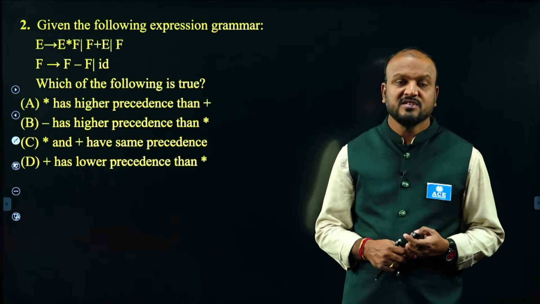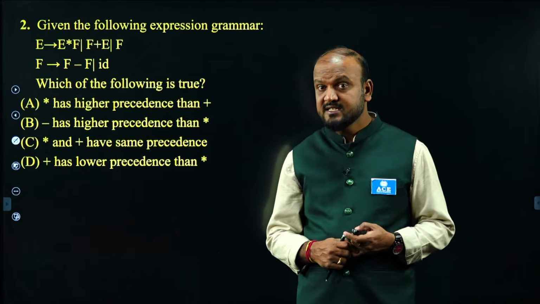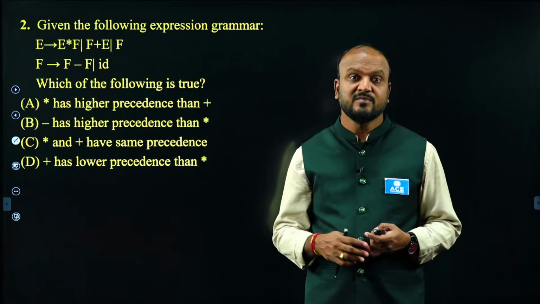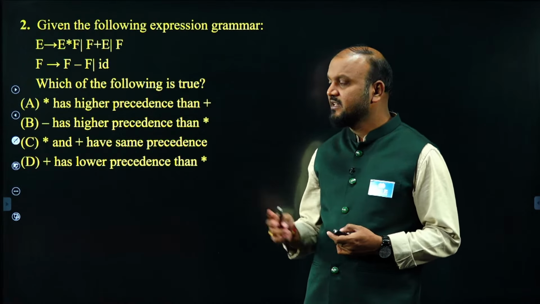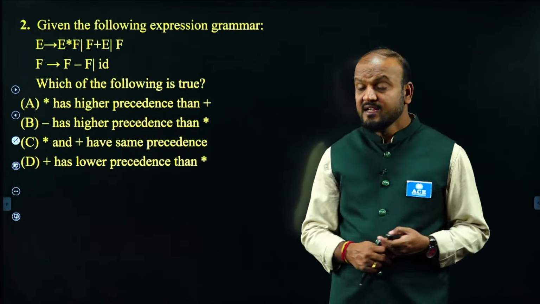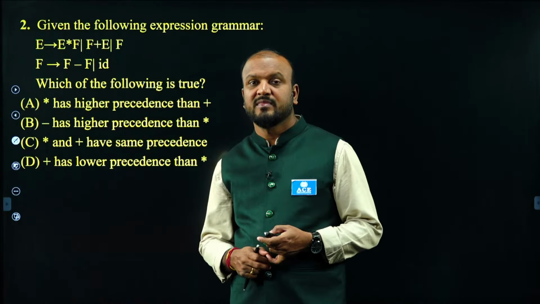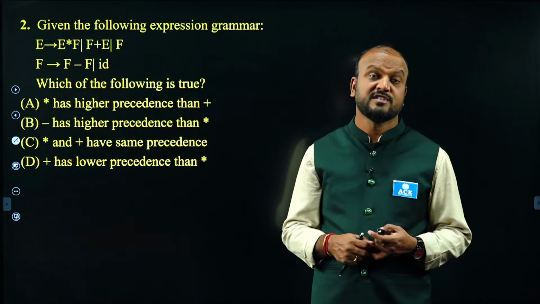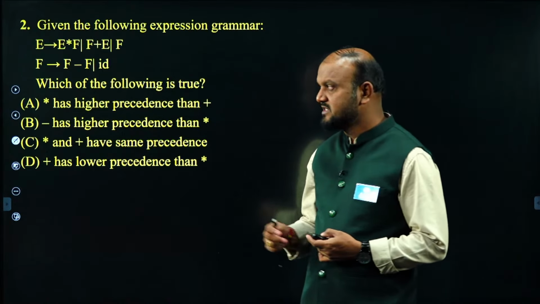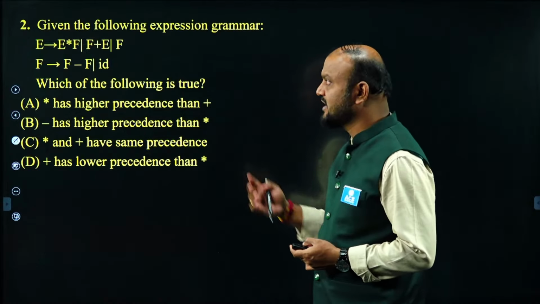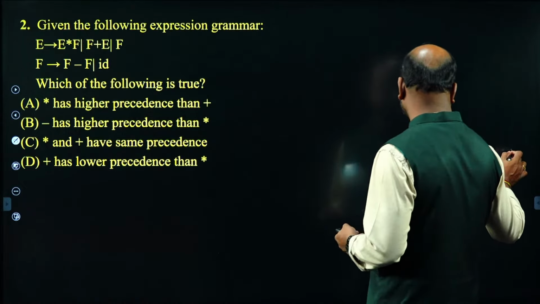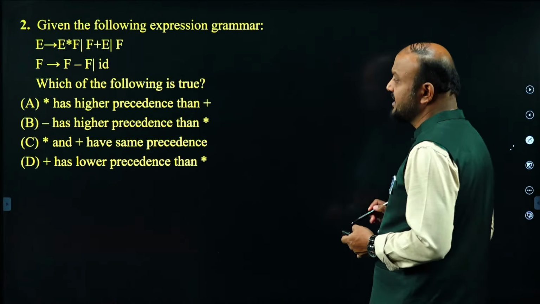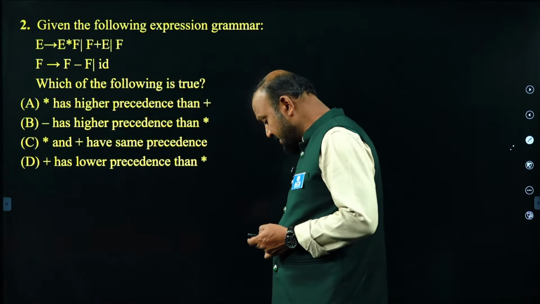Based on precedence and associativity, questions have been asked almost 6 times in previous GATE papers, and here you can see one of this kind. All the 6 times, they were multiple choice questions only. You can expect multiple selection questions on precedence and associativity. This is one of the kinds of questions you can answer. Now a grammar is given, and based on the grammar you decide what kind of